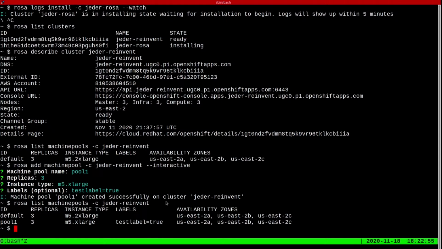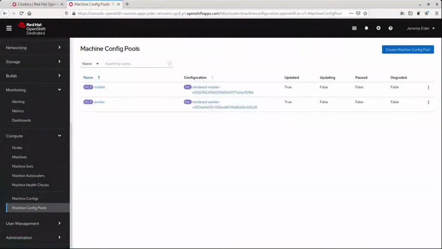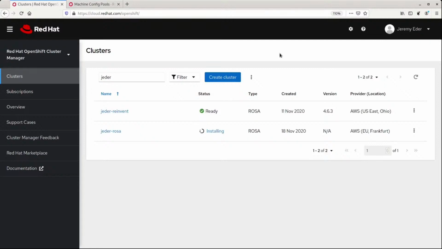Earlier in the ROSA describe output, we also see this details page, and that is the OpenShift Cluster Manager. Let me pull that up here. So this is the OpenShift console, and then if I pull up the OpenShift Cluster Manager console, you can see I've got the reInvent cluster, which is ready, and I've got this new cluster which we created today, which is still in installing mode.